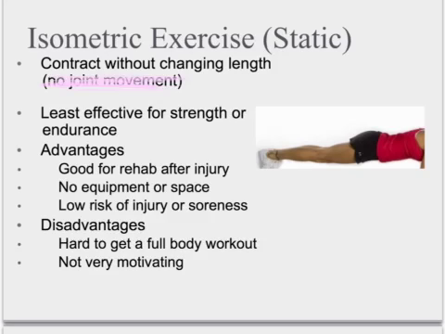So a perfect example is right here on the side. We have a person doing a plank, and that would be an example of an isometric exercise for your abdominal region. There is muscle contraction that's happening, but there is no change of the joint. There's no movements in the joint. You're just holding it in one spot.